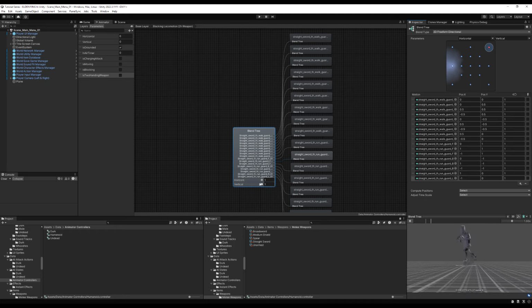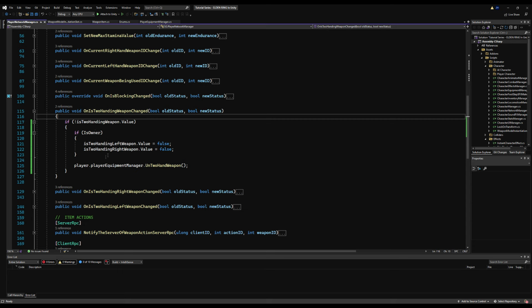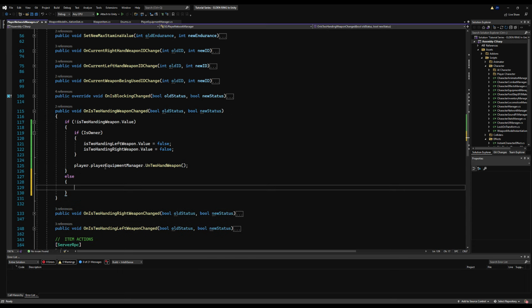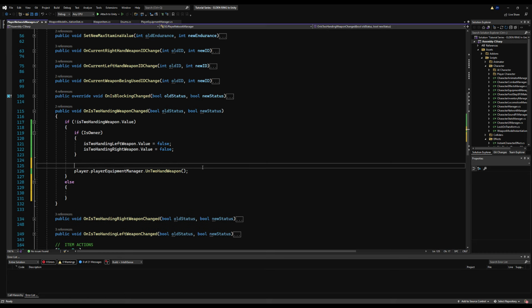Now I'm going to do the same thing too for the guarding while walking, running. Here it is. And that is working as intended. All right, so now we have this filled out. What do we do? I'm over here in the player network manager now. I'm going to make an else here after if we're not is two-handing weapon.value. So I'm going to say